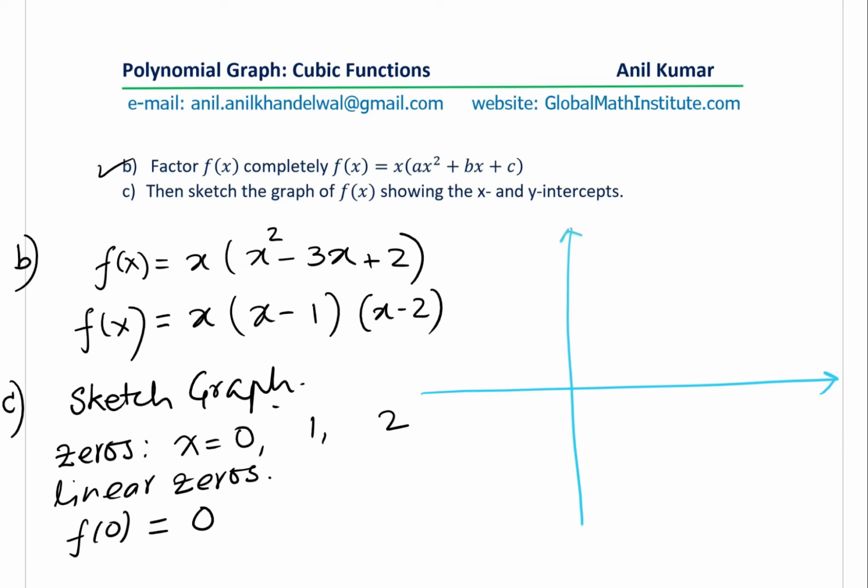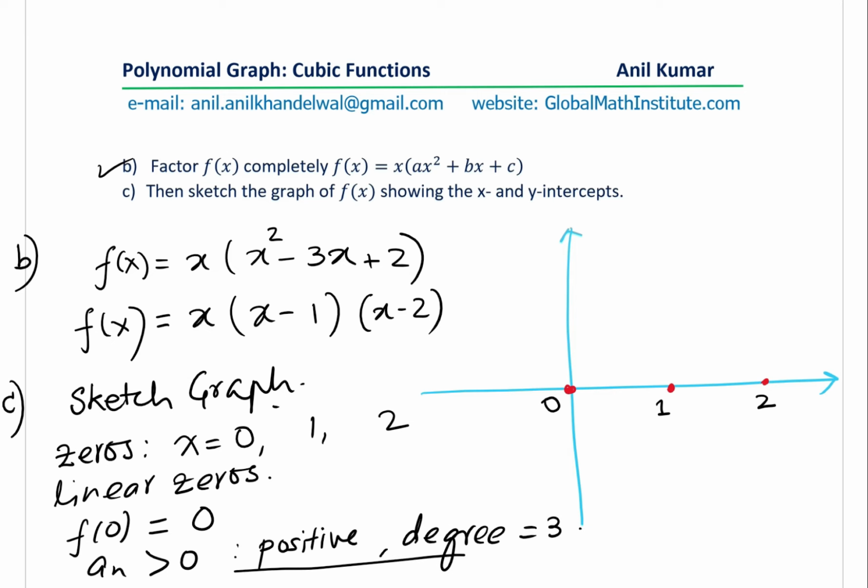Let's mark the zeros on the x-axis. So 0, 1, and 2. These are all linear zeros. Now we also notice that the leading coefficient is positive, right? So let me write a is greater than 0. It is positive. And we also know that the degree is 3. It's a cubic function. So when the leading coefficient is positive, that means the graph will end up in quadrant 1,